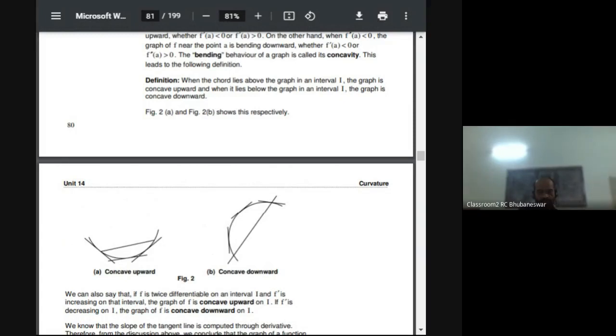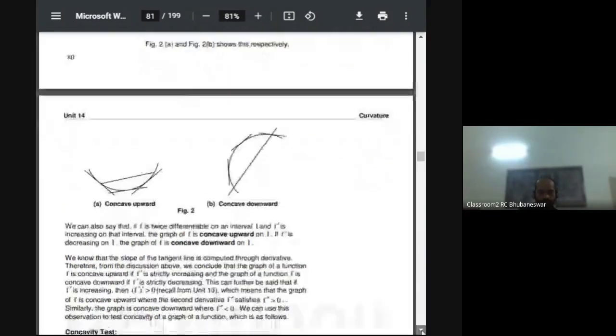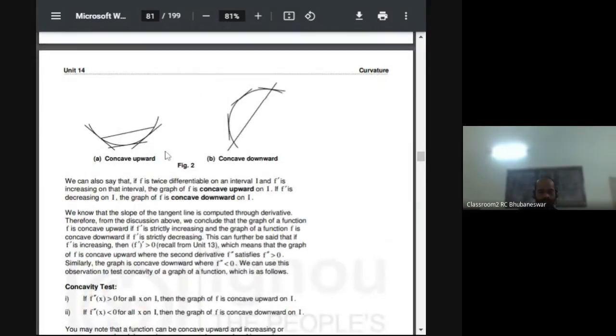We analyze the figure, then we discuss the mathematical conclusion procedure. Look at figure number 2 in page number 80,